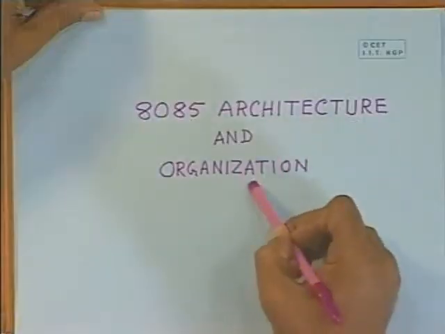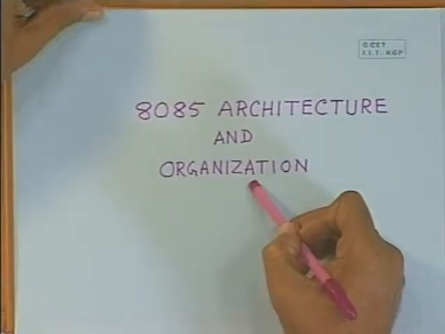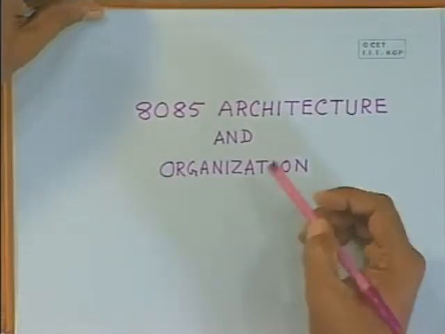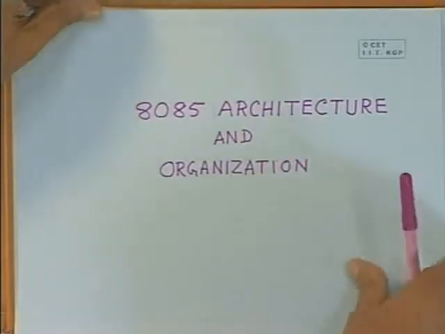As you have seen, microprocessor is nothing but a central processing unit on a chip. In other words, microprocessors are used to realize computers. So, to understand the function of microprocessor, we have to know a little bit about the architecture of a computer system. So, today, before I introduce to you the architecture and organization of 8085, I shall briefly give an overview of the structure of a general purpose computer.